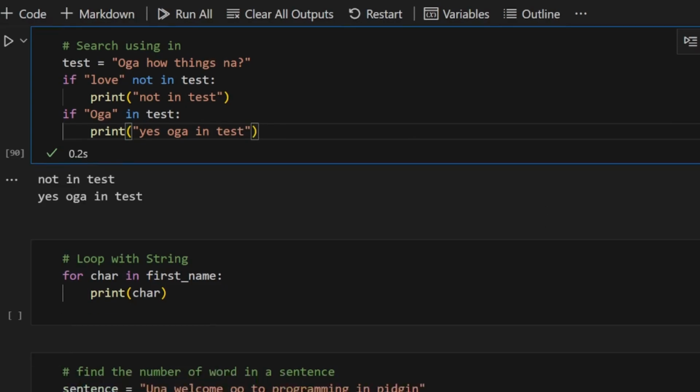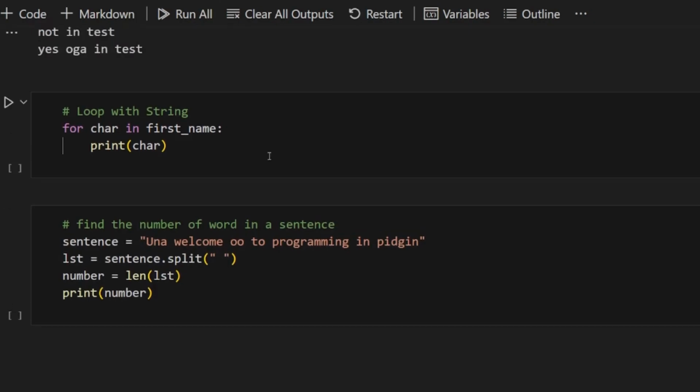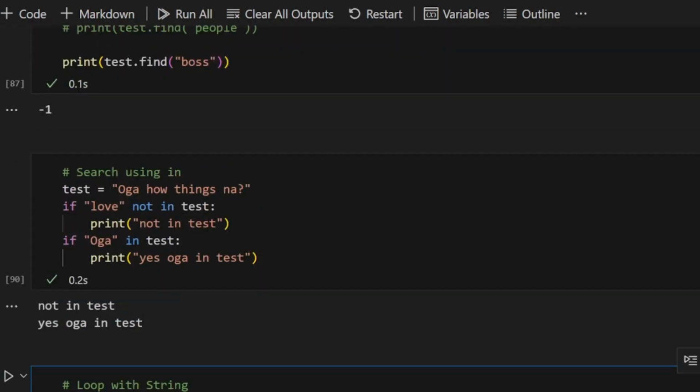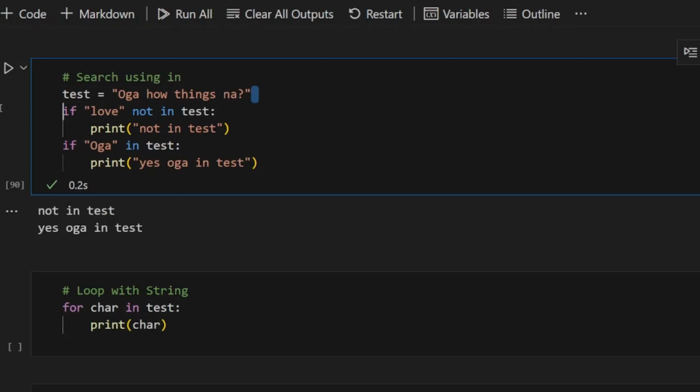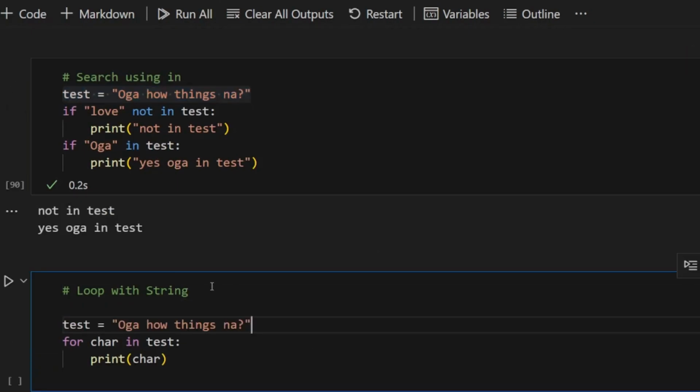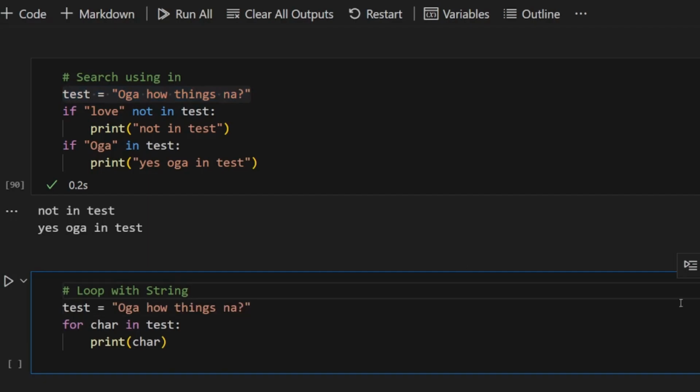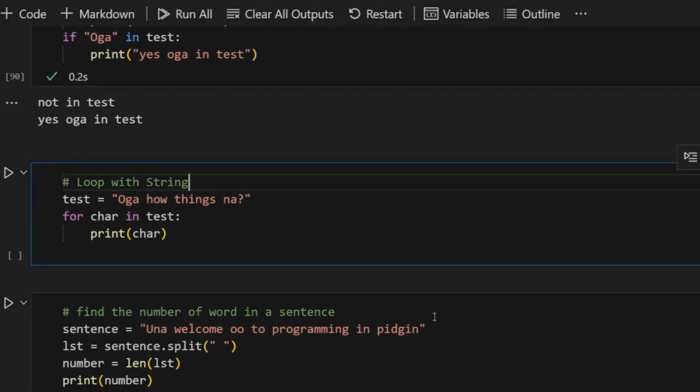So you can use if to check whether something is in our string, our set of characters, without declaring it. The other thing we will look at is loops. Like I told you before, a string is a sequence of characters added together, so you can loop through it. Let me change this back to test, because test 9 is close to us here. So I'll copy this test again with Control C. So we can say, for each character inside test, print the character.